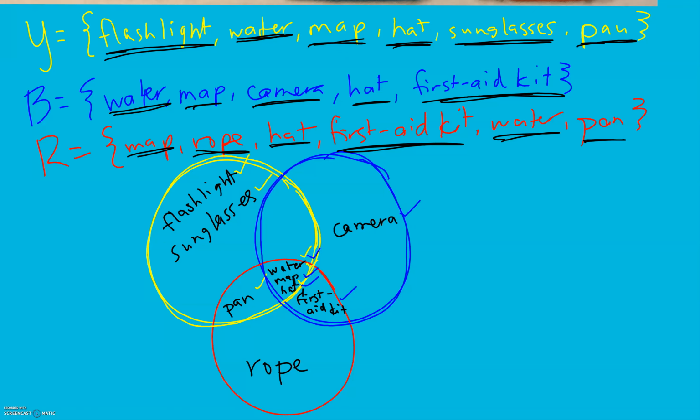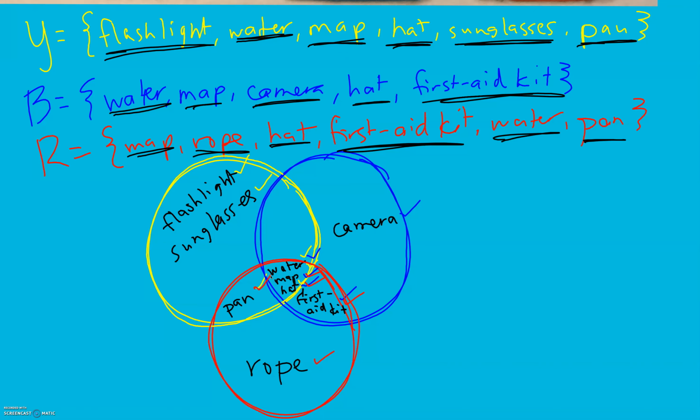And in my red circle, I need to have map, rope, hat, first aid kit, and pan. So everything's accounted for where it needs to be to have it listed exactly one time and still be included